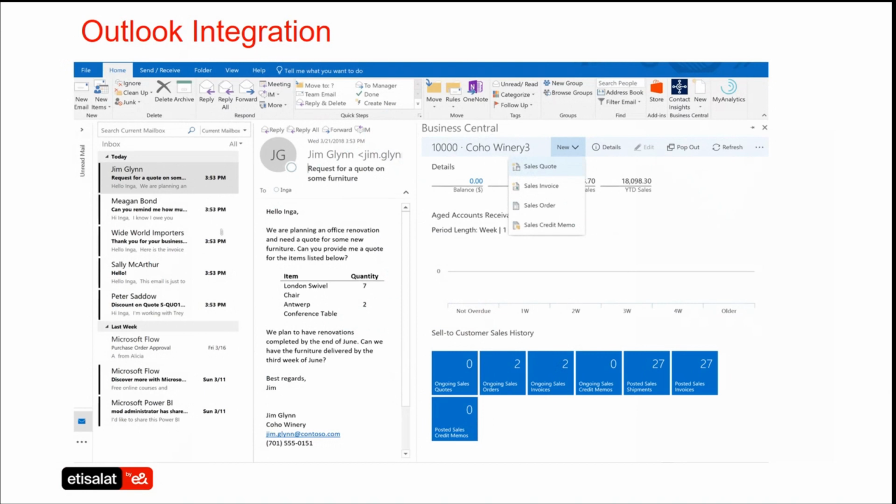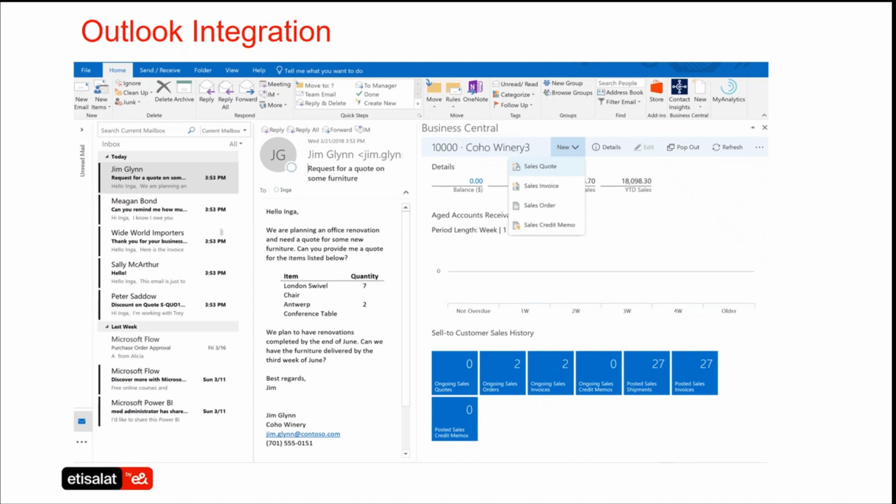Moving forward, we were talking about the integration with other applications. This is one of the interesting slides, the integration with Dynamics 365. You can see three columns here: your normal inbox where you're reading the message of a particular email, and then the Dynamics Business Central screen popping up.